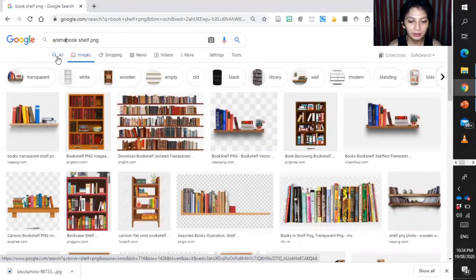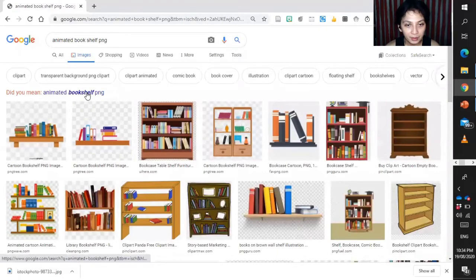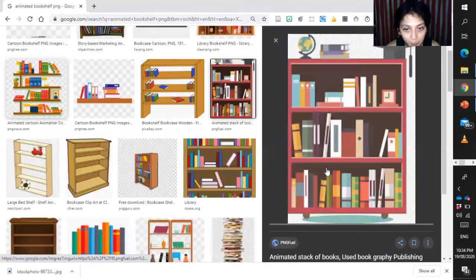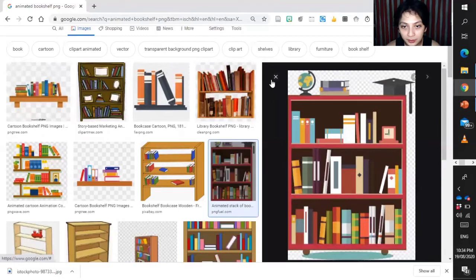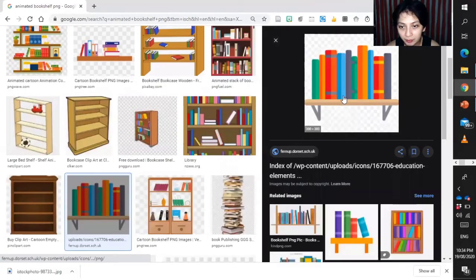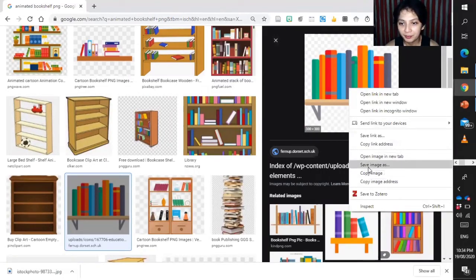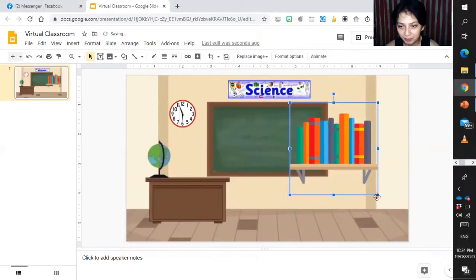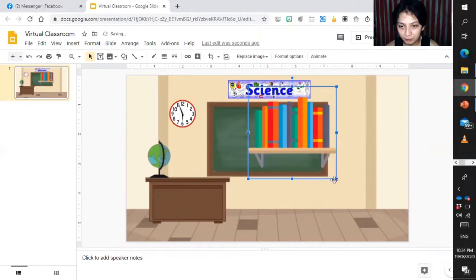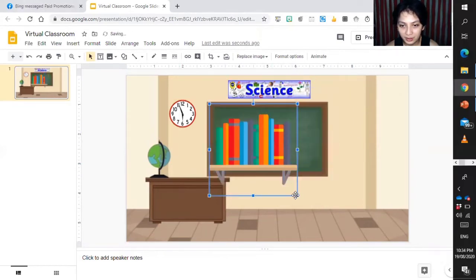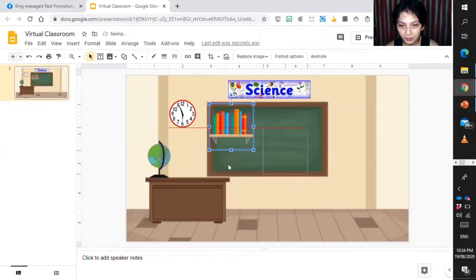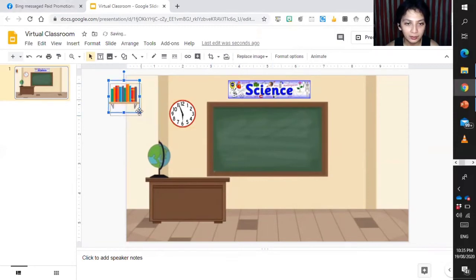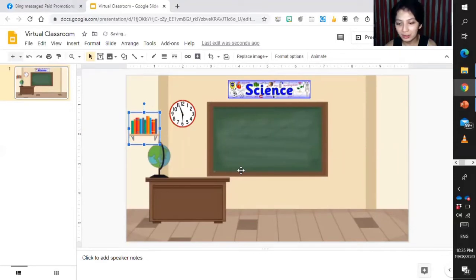Let's look for an animated one. Let's look for a small one, I guess. Maybe not this one. Maybe this one. Okay. I think this one will do. Let's copy it and then let's go here and then let's paste it. There you go. Then let's resize it. Then we can put it over here, whichever you like. Okay, there you go. So we have books, we have the clock, and then